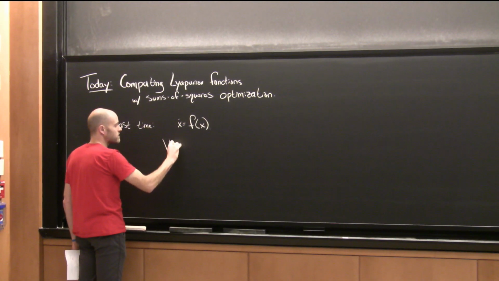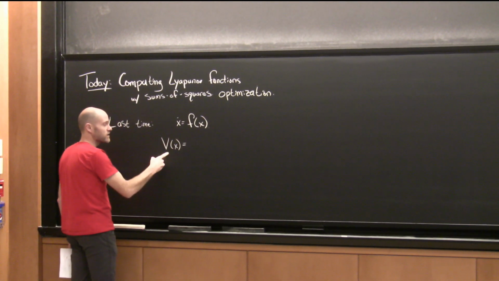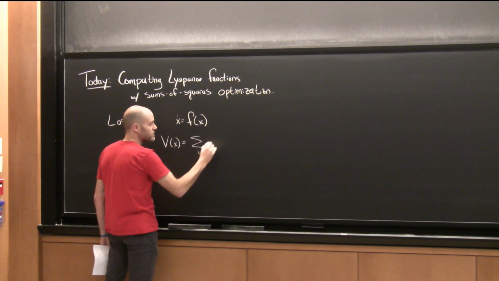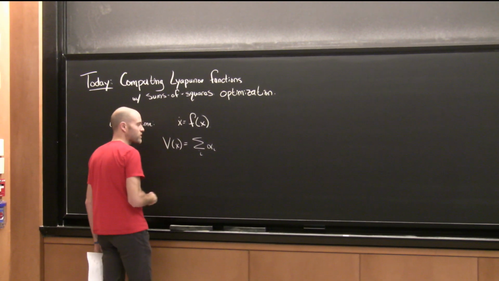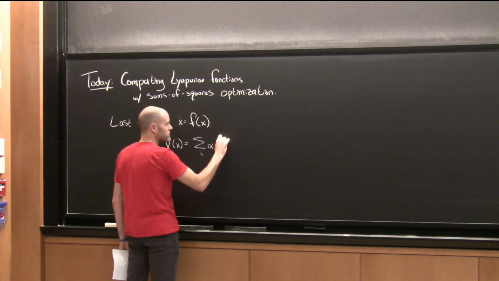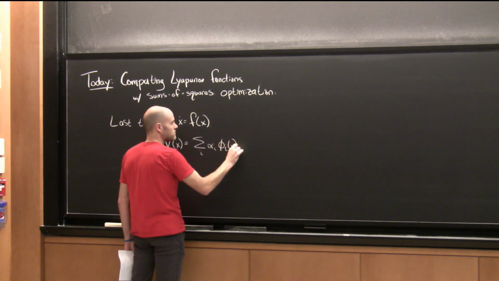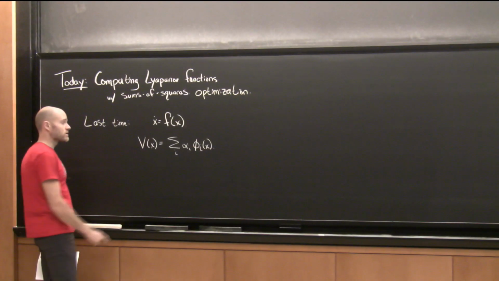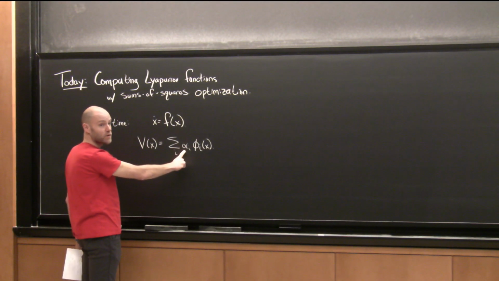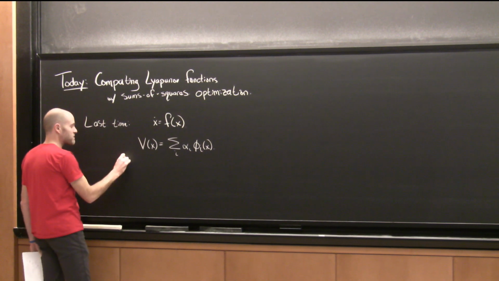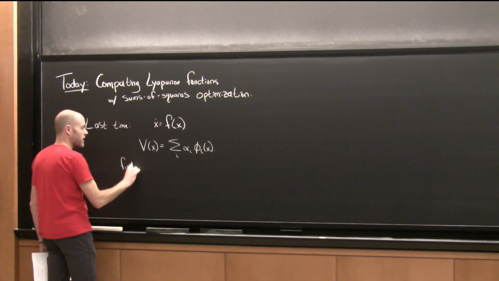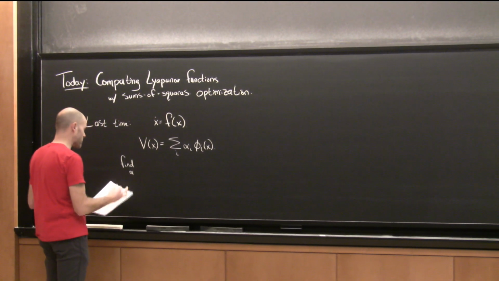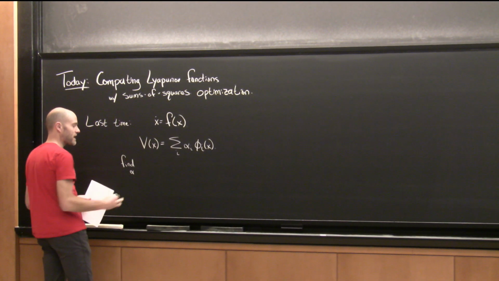And the key idea there is that we're going to parameterize V of x as a linear combination of nonlinear basis functions. And then we're going to try to search for the coefficients alpha by writing an optimization problem. It could be a feasibility problem, or we could try to optimize some objective, but at least we'd like to find some alpha